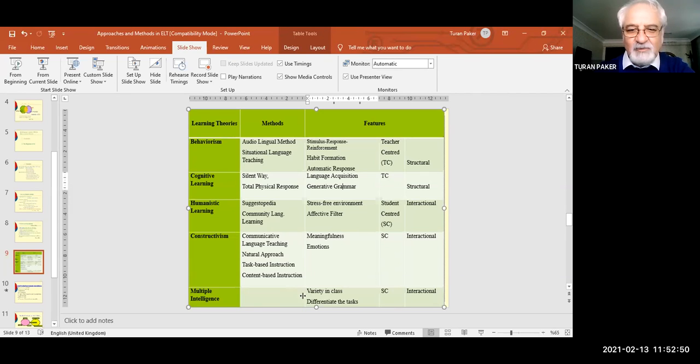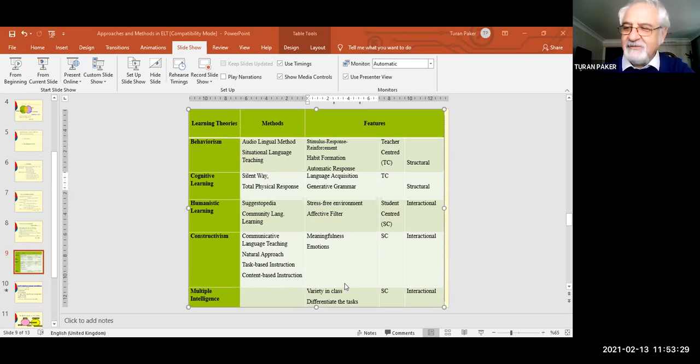Okay, the last one we came up with in language teaching is multiple intelligences. Multiple intelligences is not a method; it is just an idea of how our brain learns, by Howard Gardner from the United States, from MIT. But it has one influence on language learning. What is it? As teachers, we know that our students have different intelligences, like language dominant, music dominant, sports dominant, art dominant, nature dominant, etc. There are 8 types of intelligences.